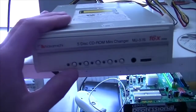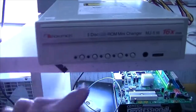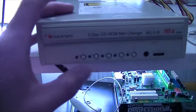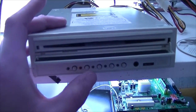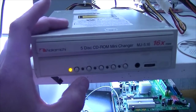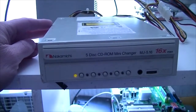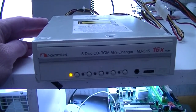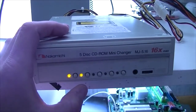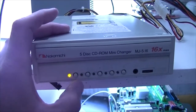So let's just demo this a little bit here, and then I'm going to go ahead and take this thing apart because I'm really kind of curious as to how this all works. So I've got it powered up here, and we got 5 disc buttons right here. So you push the disc 1 and the tray opens. Disc 2, it switches and pops out. Let's go ahead and put a disc in here. And there we go. If we want to eject it,